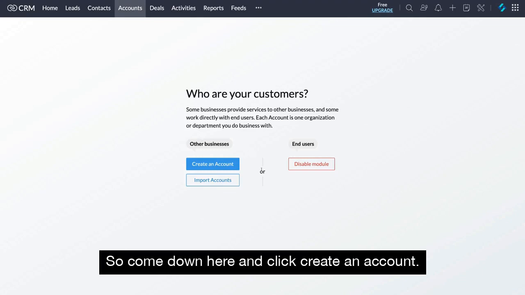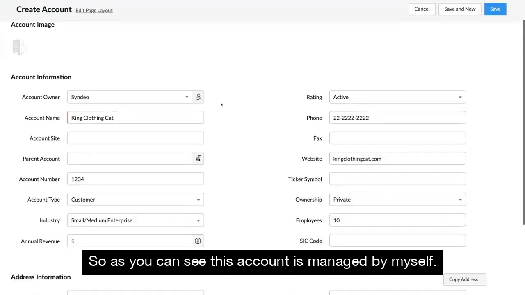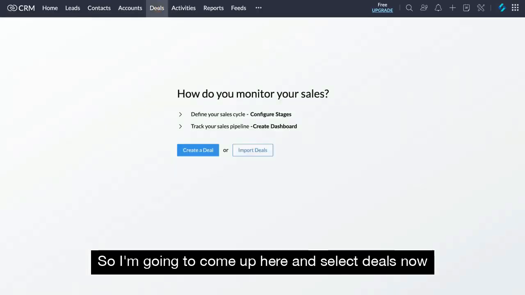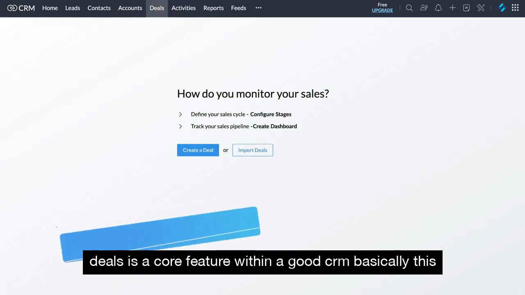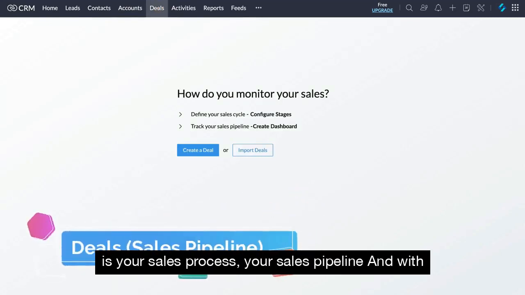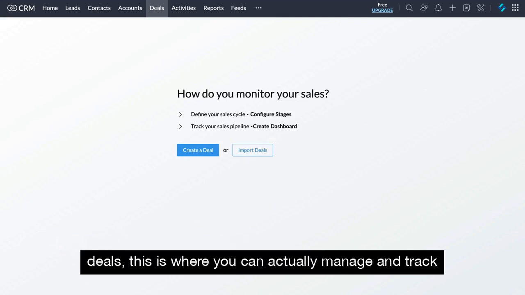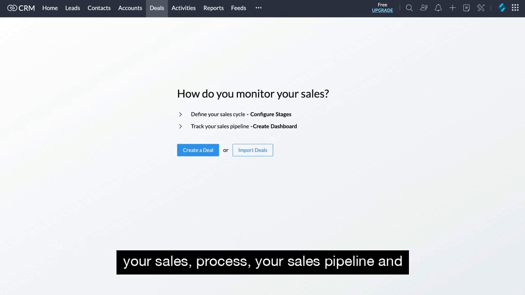So come down here and click Create an Account. As you can see, this account is managed by myself. So I'm going to come up here and select Deals. Now, Deals is a core feature within a good CRM. Basically, this is your sales process, your sales pipeline. And with Deals, this is where you can actually manage and track your sales process, your sales pipeline, and essentially